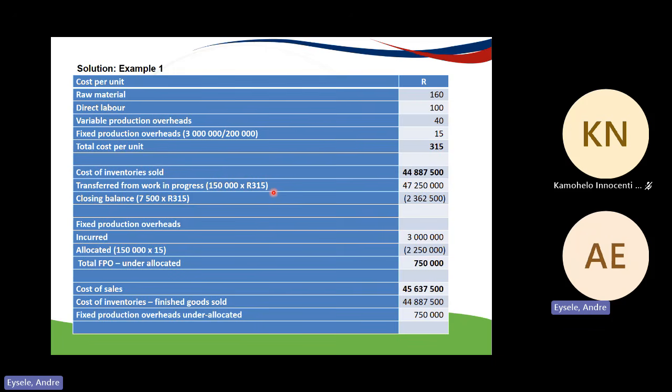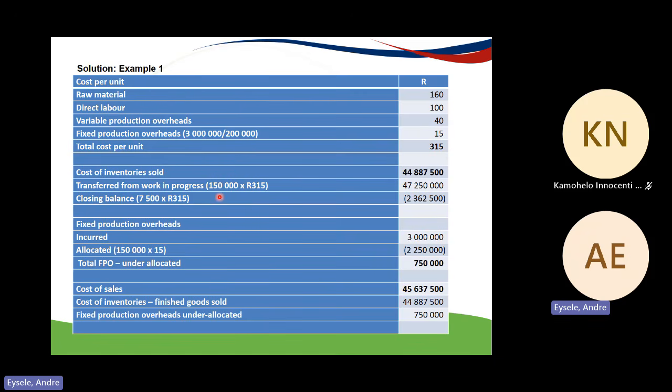So let's go and look at the solution. What is the cost for raw materials? They gave you 160 Rand. They gave you direct labor of 100 Rand. They gave you variable production overheads of 40 Rand. Then we need to determine the fixed production overhead based on normal capacity, which is 15 Rand. So we will allocate cost to products based on 315 Rand. That's 315 times